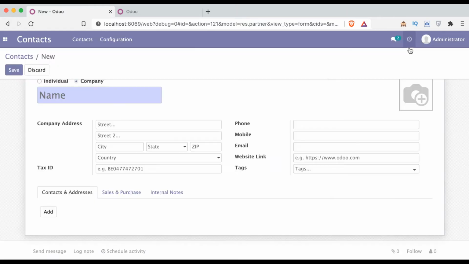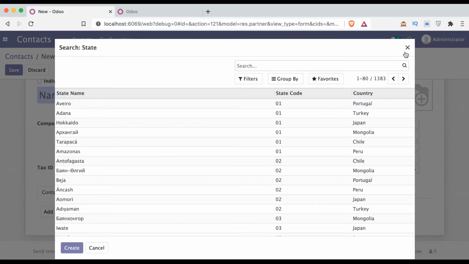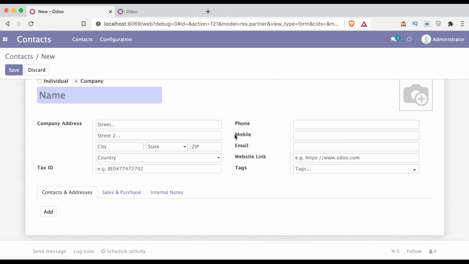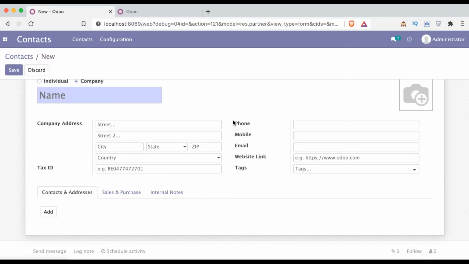Here you can see, once you create a new database, Odoo automatically creates records of the states along with the countries. So we have to understand how Odoo is working and how we can create demo plus actual data